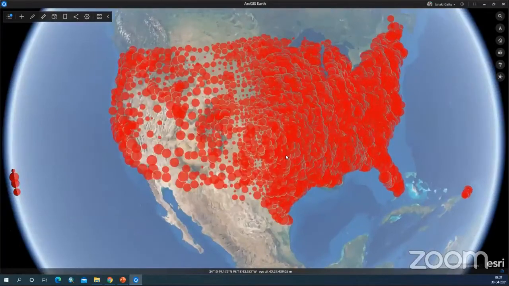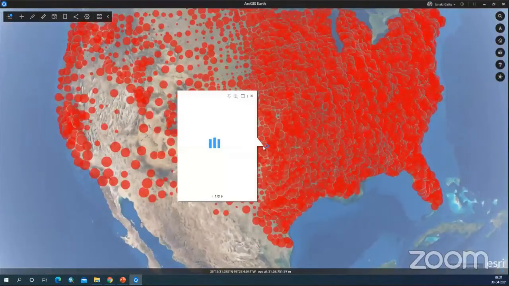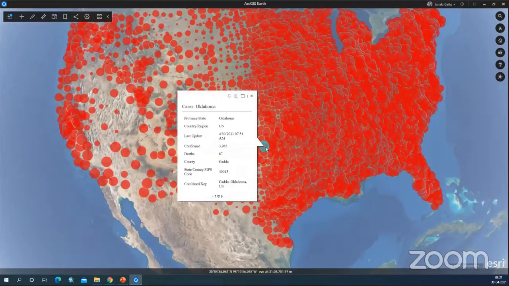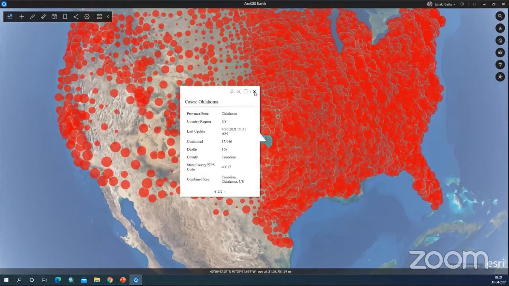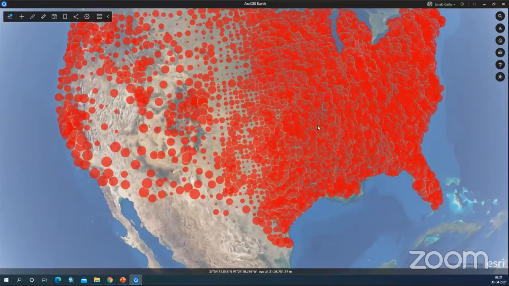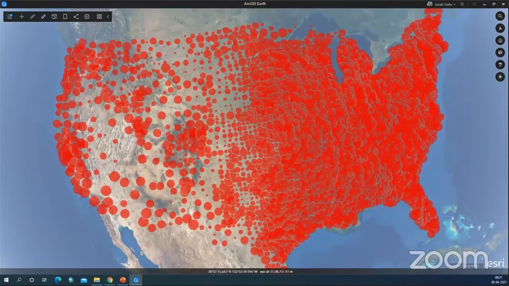So if you click on this, you'll get the information pop-up and it will give you the region where you have clicked, the last update of the coronavirus cases, the confirmed cases in that area, the number of deaths, the state code, and other additional information. Okay, so these are the cases that I have here. So I can use these cases for the demonstration for now.